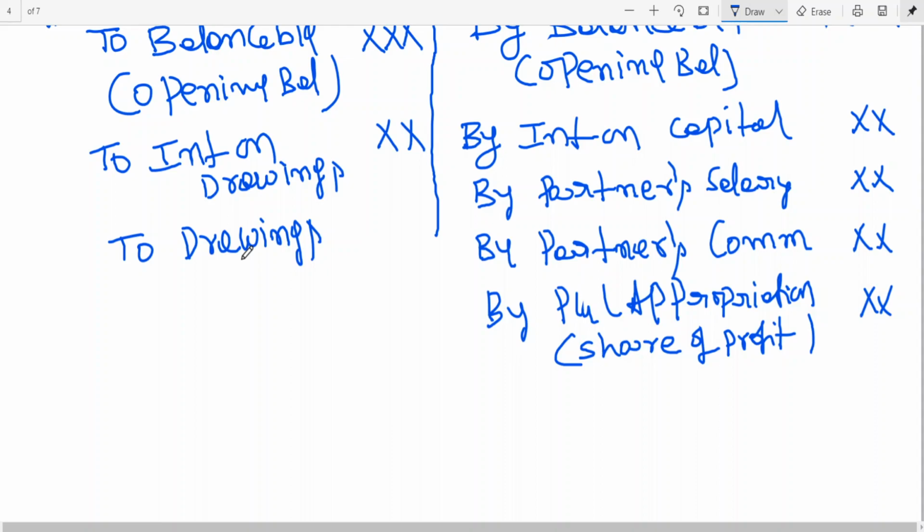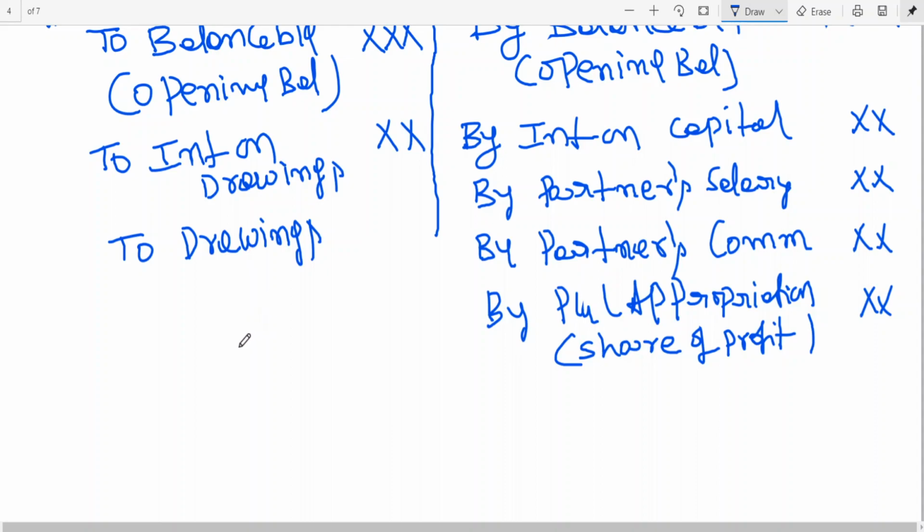You don't have this explanation anywhere in the books, because I know the significance of this particular chapter, because I will be teaching even CA Inter Group 1, Group 2. Previously partnership accounts was in Group 1 and now it is in Group 2. I think these small points will be useful for coming classes also. So that is why I am stressing a point.